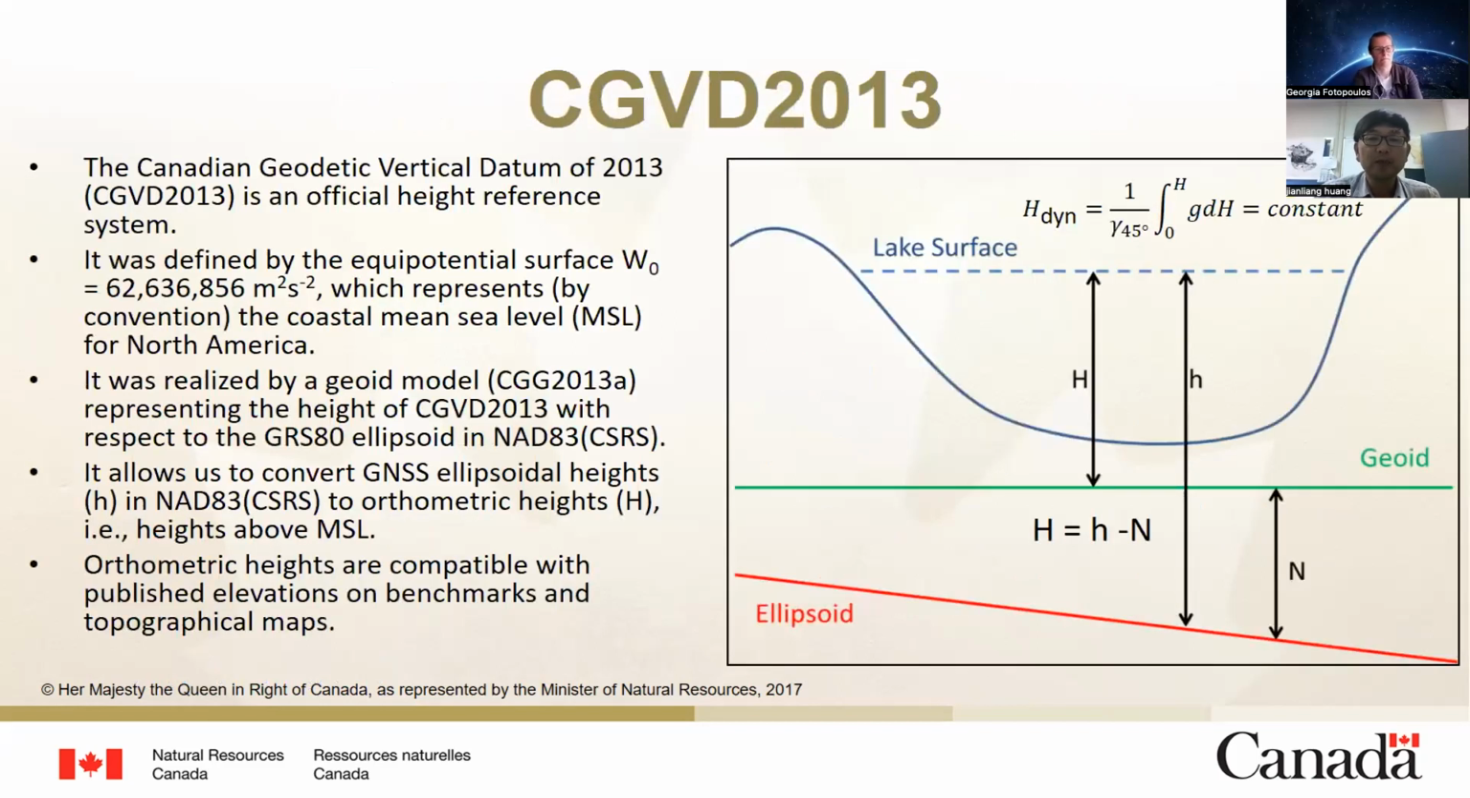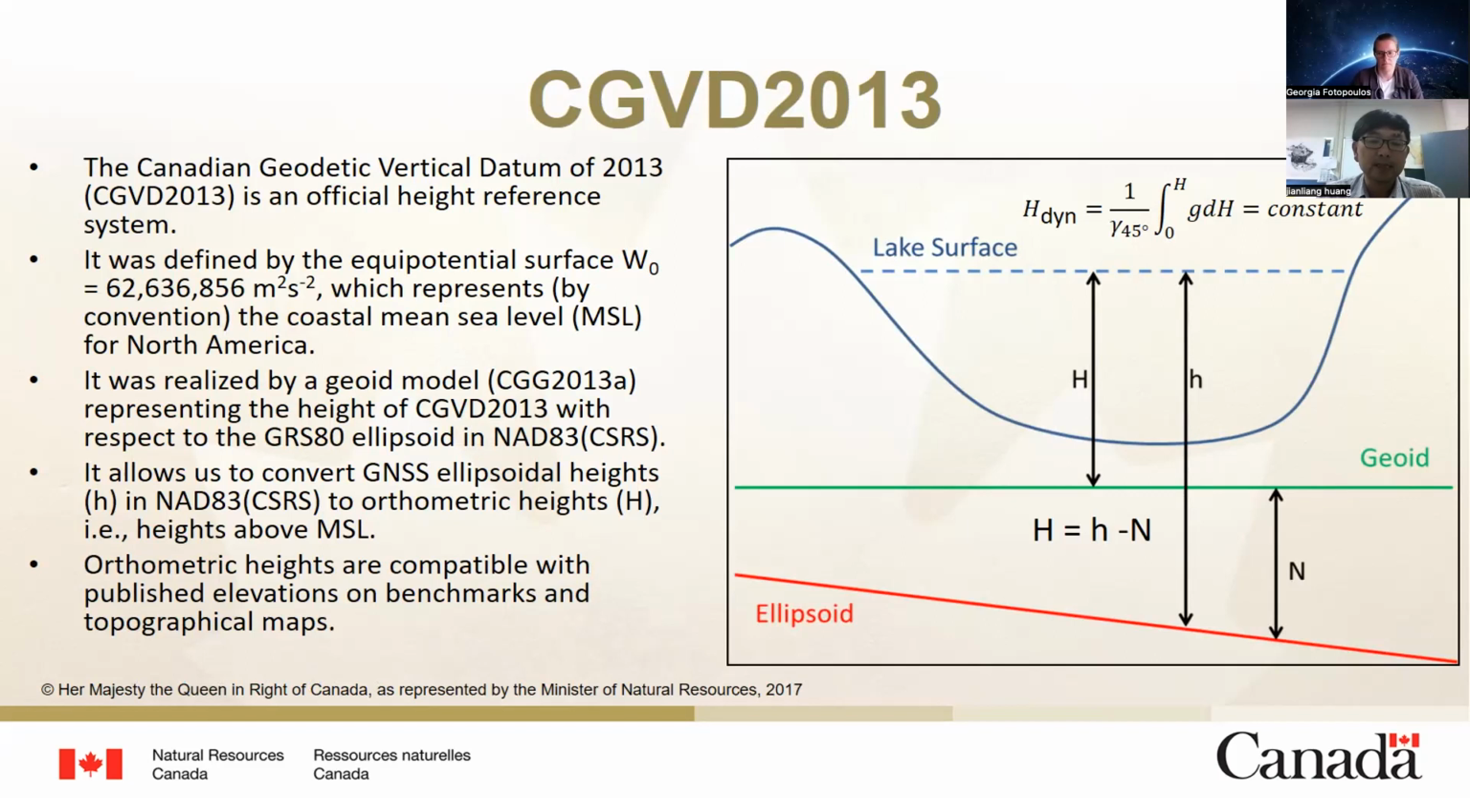So what is CGVD2013? The full name of CGVD2013 is the Canadian Geodetic Vertical Datum of 2013. It is the official height datum in Canada. It was defined by an equal potential surface representing the coastal mean sea level for North America. It was realized by a geoid model, which represents the equal potential surface, and it allows us to convert GNSS measured ellipsoid heights, such as GPS measured heights,